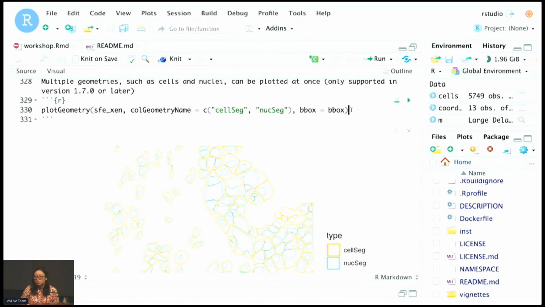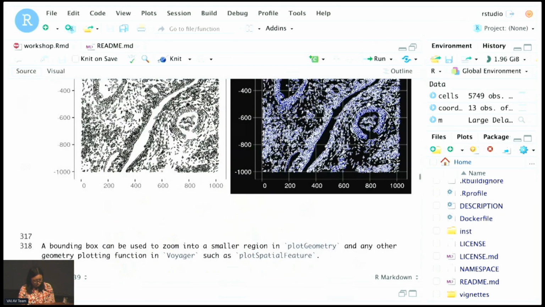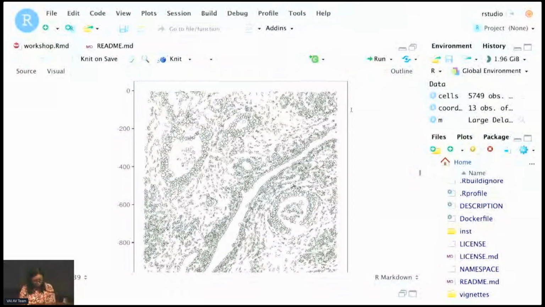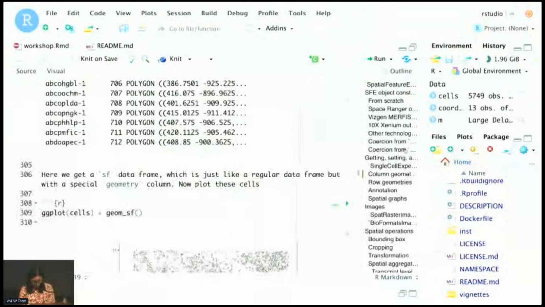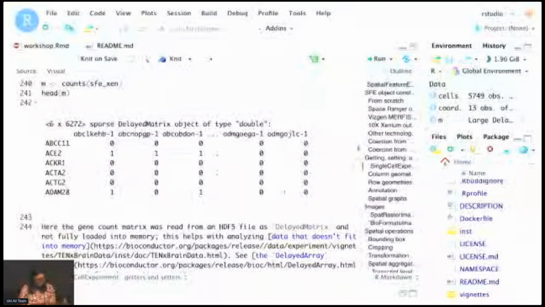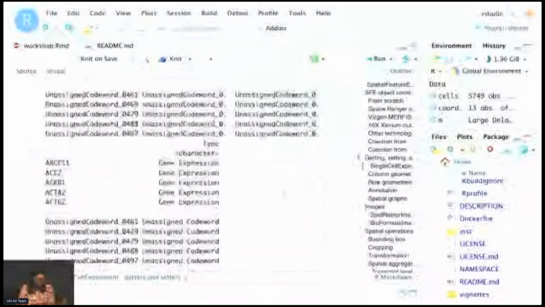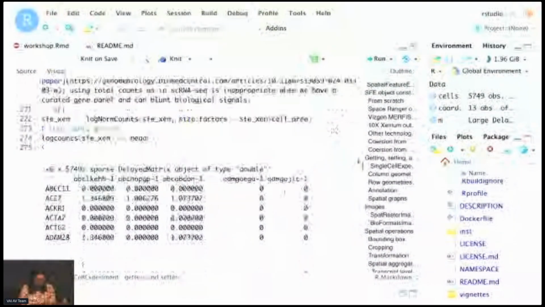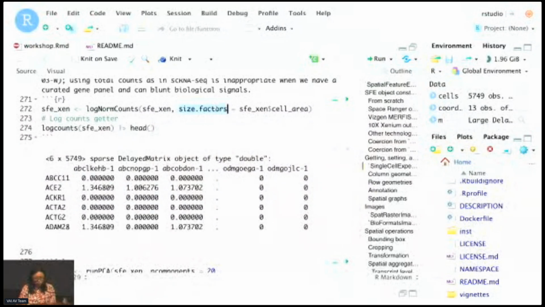I have a quick question. Yes. When you're normalizing your data, you're using single cell algorithms to normalize, right? Yeah. I've been reading a lot about how those single cell normalization methods are not accurate for spatial. Yeah, it's true, which is why the way I did it here is a little different from the standard single cell workflow. Here, I did not use the total counts, but I used cell area.